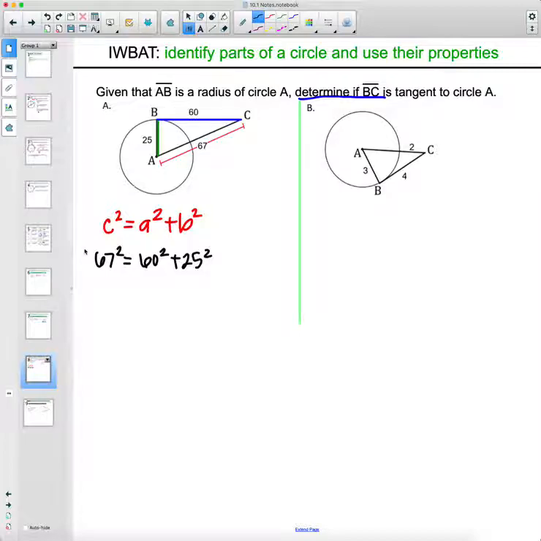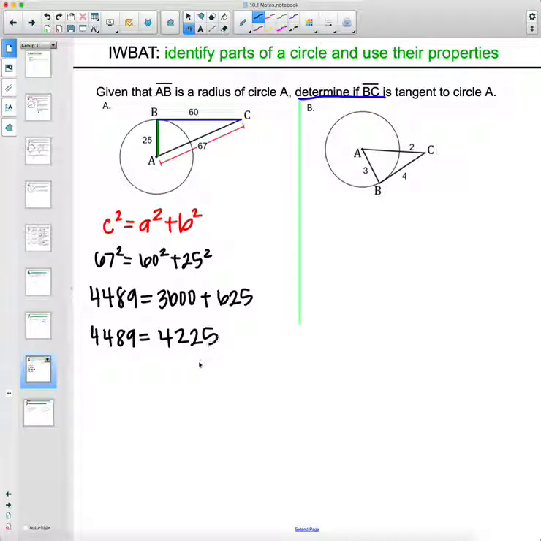So 67 squared is 4,489. 60 squared is 3,600. And 25 squared is 625. So let's add those two together. So 3,600 plus 625 is 4,225. Okay, so those are not equal. So this is not a right triangle,